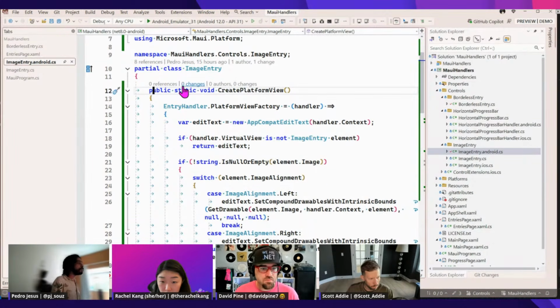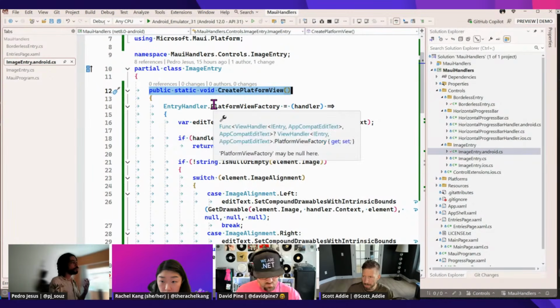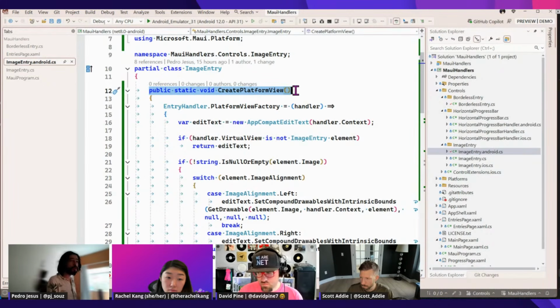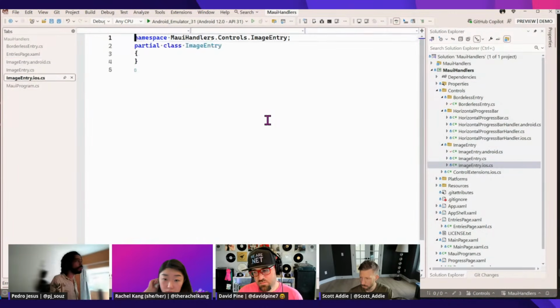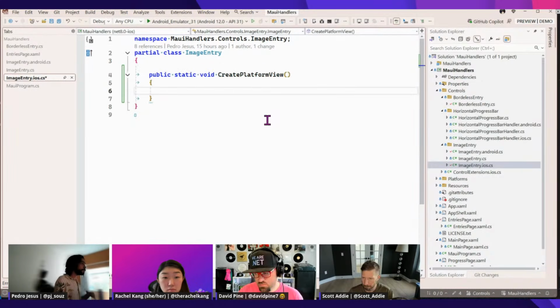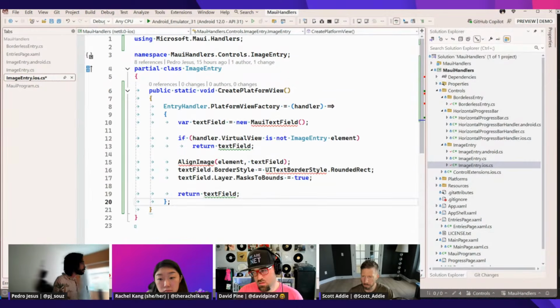And I will do that for iOS here as well, creating this platform factory view. Since we are using multi-targeting here, it's very important for the same method name signature to be present on iOS and on Android as well, or if you are using Windows, on Windows as well. So I will just do that right here, and I will grab the code on iOS real quickly to create this guy here,